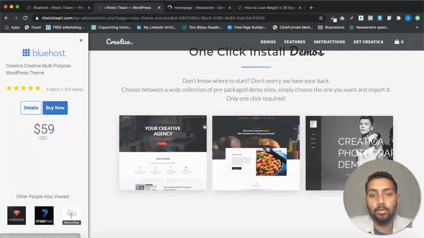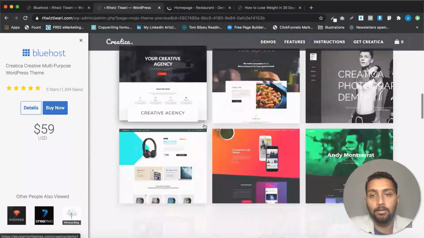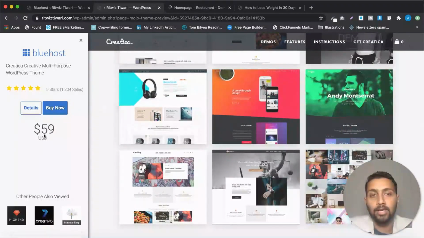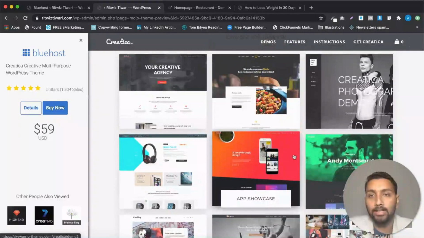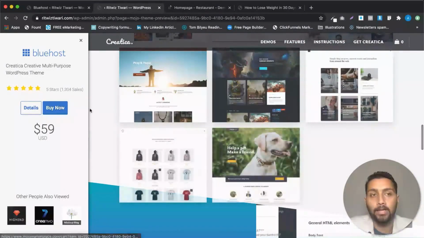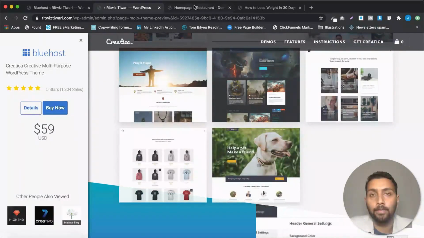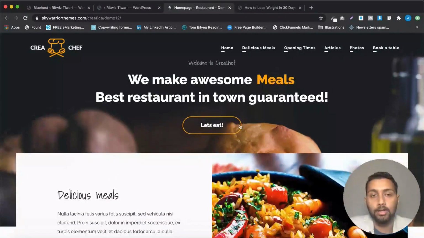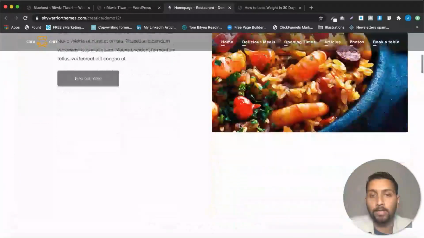With these themes, since there are a lot of demos available, it means that with the $59 that you spend, you can actually shape your website as per these themes as well. I guess you will get all these themes inside the package that you buy when you buy the theme itself. So this is how you can change your website completely.